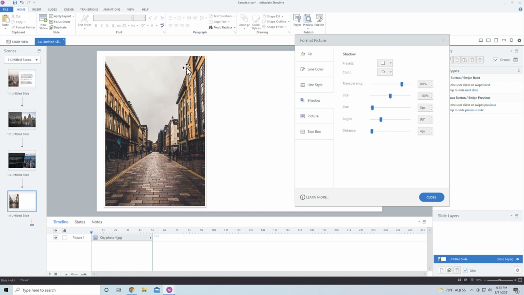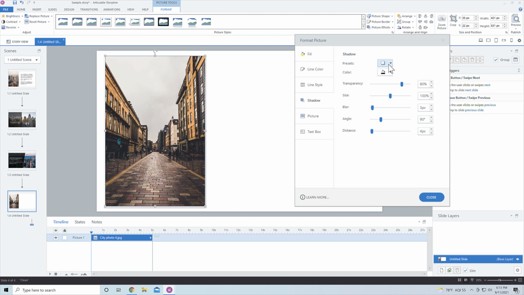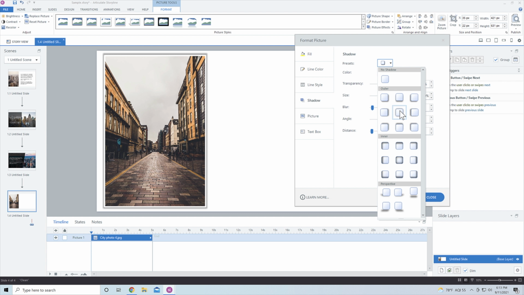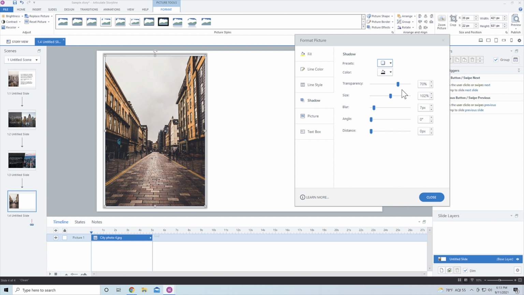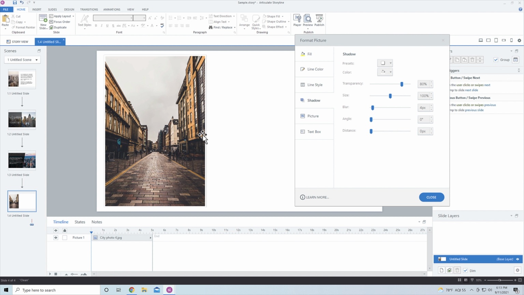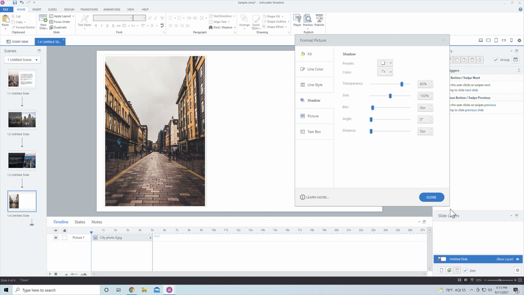Now, see over on the left-hand side, maybe that's not the right one. Maybe I want to have the shadow kind of even there. And I'm going to adjust this back here. And then let's take the blur down to like 4 or something like that. So look, this looks more like a printed photograph and it has a little bit more pop over it. So you can add a little bit more style there as well.